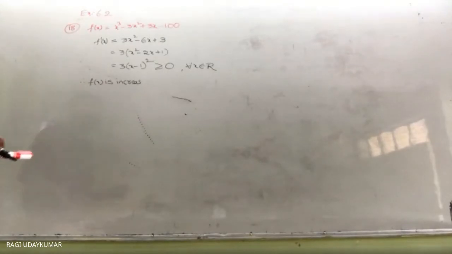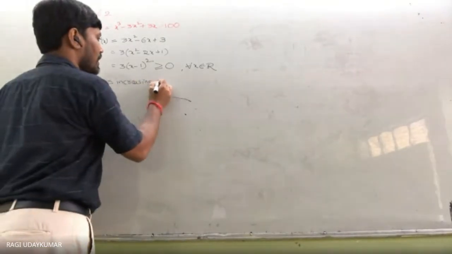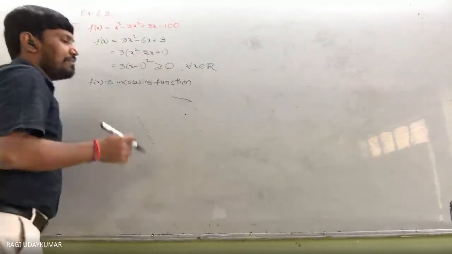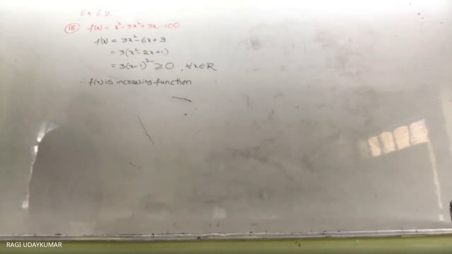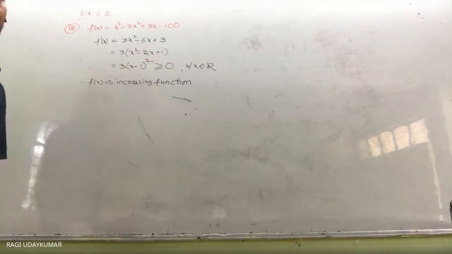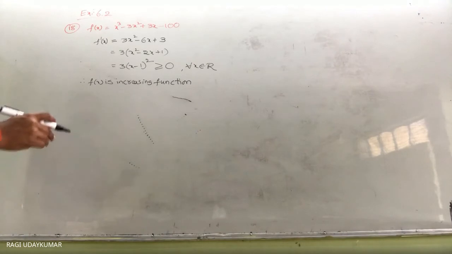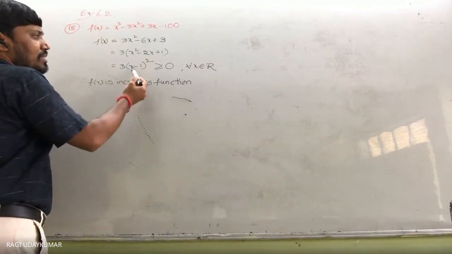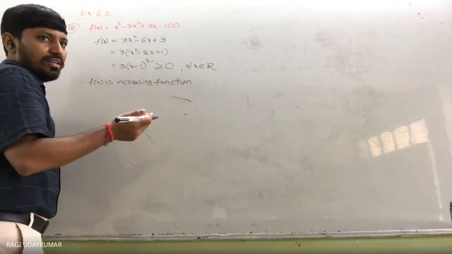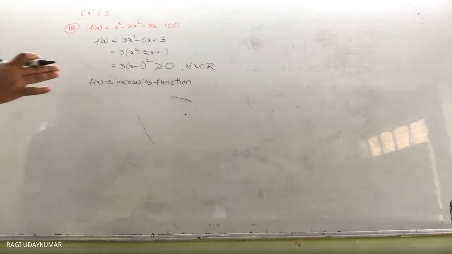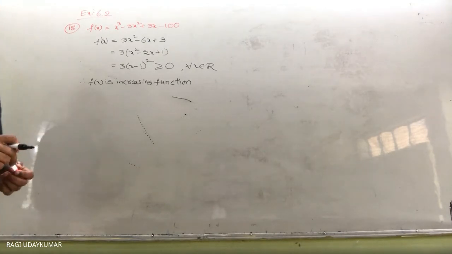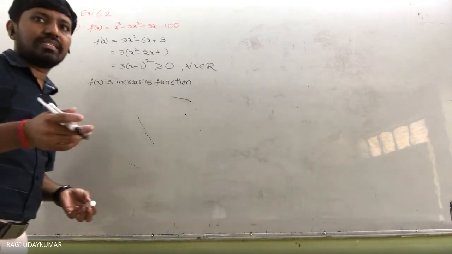So whenever you are taking an increasing function, you can consider when you get f dash of x equals 0. If x is equal to 1, f dash of x is equal to 0. So when you observe the graph, substitute x equal to 0 and x equal to 1 here. If you substitute here, f dash of x equal to 0 comes. So at x equal to 1, it is neither increasing nor decreasing. So f dash of x is equal to 0. So this is an increasing function.